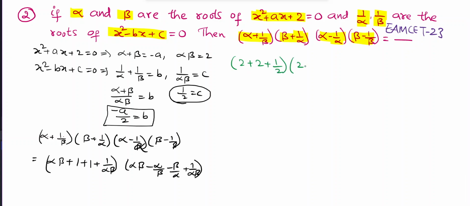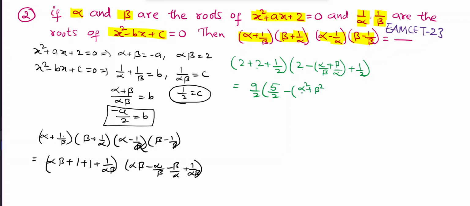Here alpha beta is 2. Take minus common in these two: alpha by beta plus beta by alpha plus 1, by alpha beta is 1 by 2. Here 2 plus 2 is 4, 4 plus 1 by 2, this is 9 by 2. That is equal to 9 by 2 into, here 2 plus 1 by 2, that is 5 by 2, minus, take LCM for this, alpha